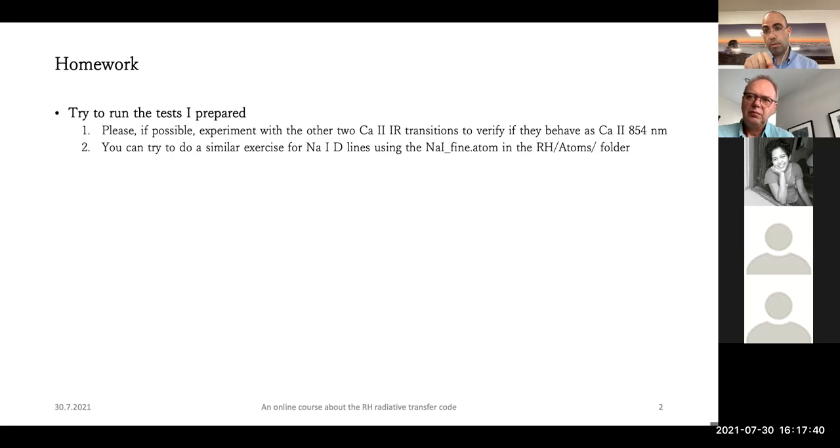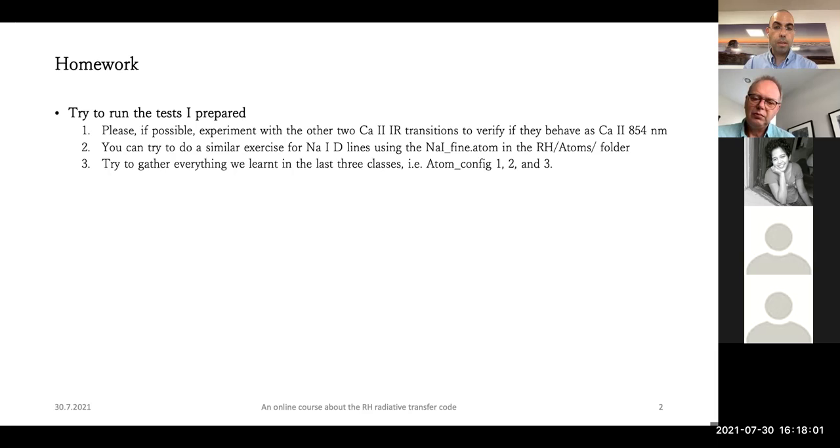Just switch the sodium line to active. Look for the sodium transitions, which I think are the first ones, I think from 01 and 02. And then try to see if you can do the computation I did today for this atom and check if PRD seems to be important for those lines. As I said before, try to